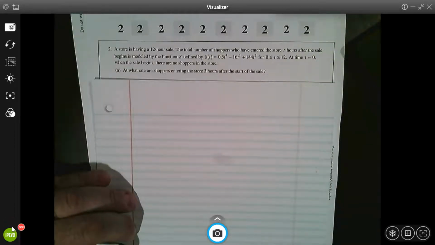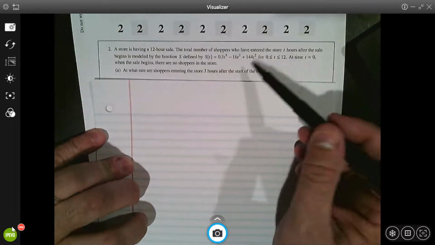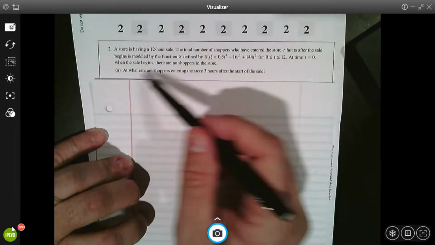All right, friends, here we go. This is question number 2 from the 2014 AB International Exam. A store is having a 12-hour sale. The total number of shoppers who've entered the store T hours after the sale begins is modeled by the function